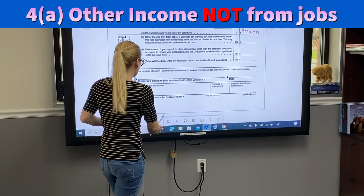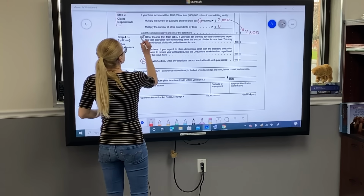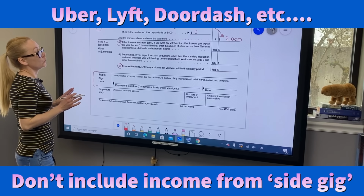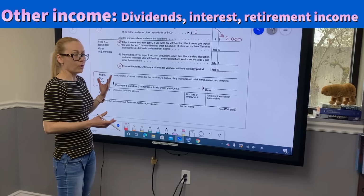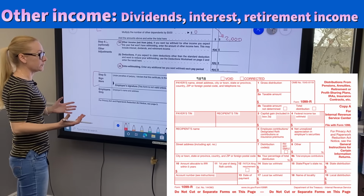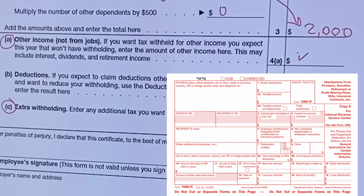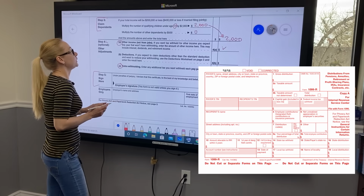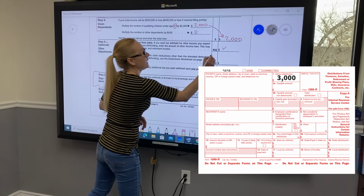Step number 4, we have other items that we have to look at. That will be other income that is not from your jobs. This will be something like interest or dividends, or maybe you're getting a statement called 1099-R, which is your retirement income. You will put that amount of income in here, not actually the tax you want to be withheld, but the whole amount. In our example, we receive every year interest of $3,000, and we'll include